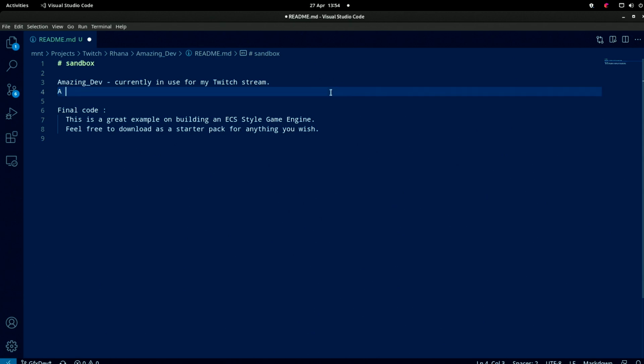A project which will develop our first ever game. Written from start to scratch, basically. Final code. Oh, this did say final code on it as well.